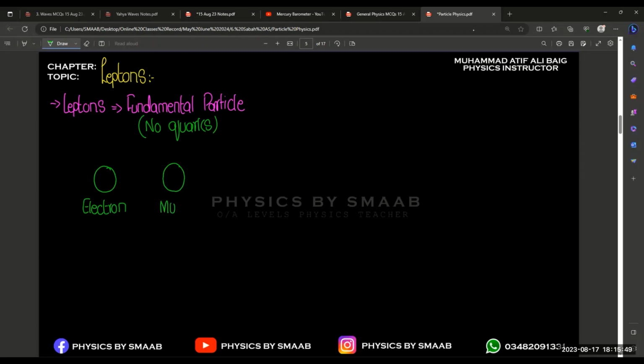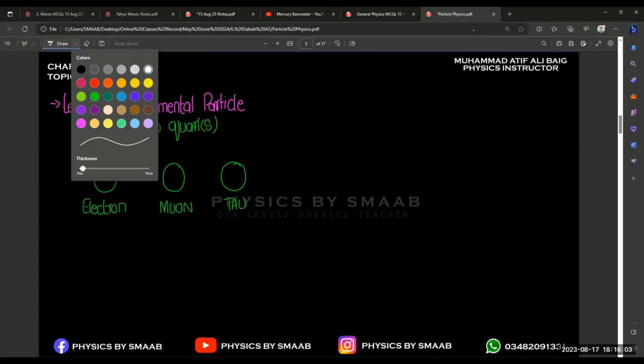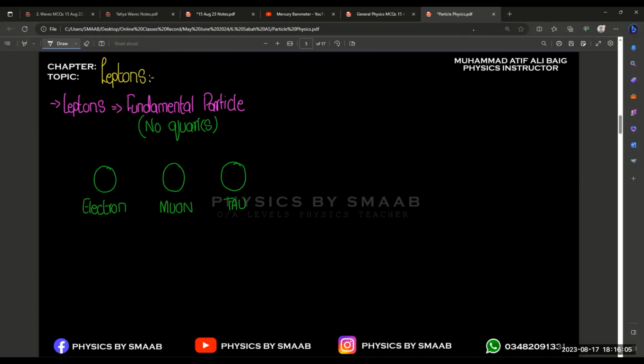The next one is muon. The third one is tau. And the symbols for these leptons are, for electron, you know, e with a minus